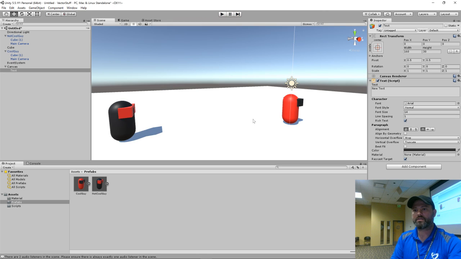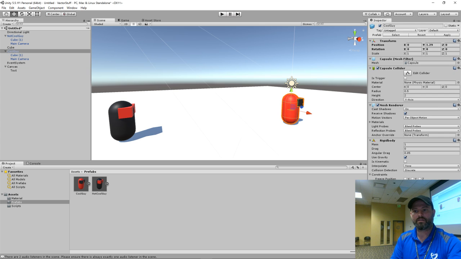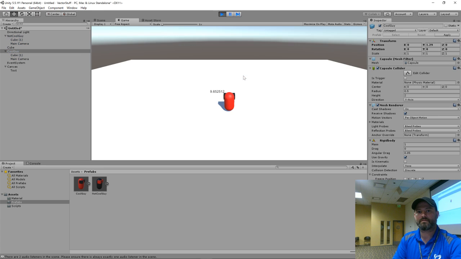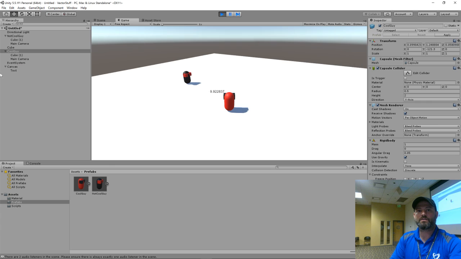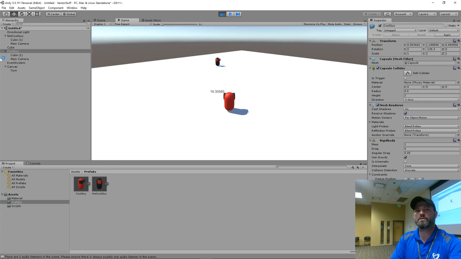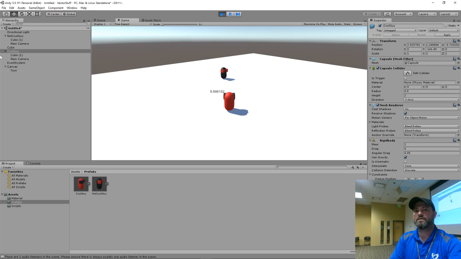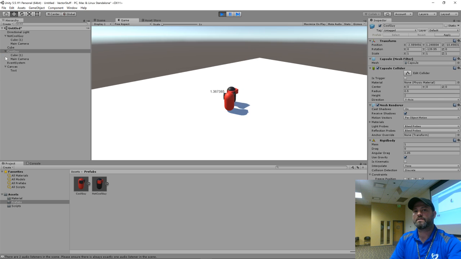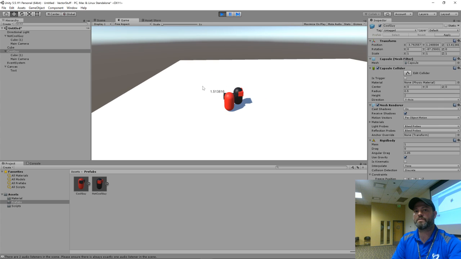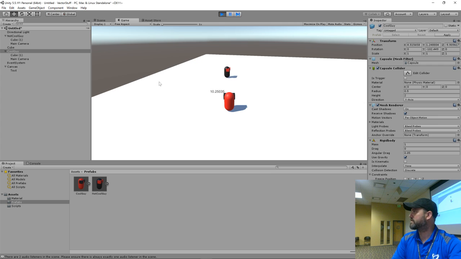I forgot to assign it to my guy. So cool guy needs a bad guy. He needs two things. He needs my text filled in, and he also needs not cool guy filled in as bad guy right here. All right. And do you see how that number is getting bigger and smaller? When I get real close to him, I could push him because he has a rigid body. Now I'm extremely close to this guy. And now I'm farther away.